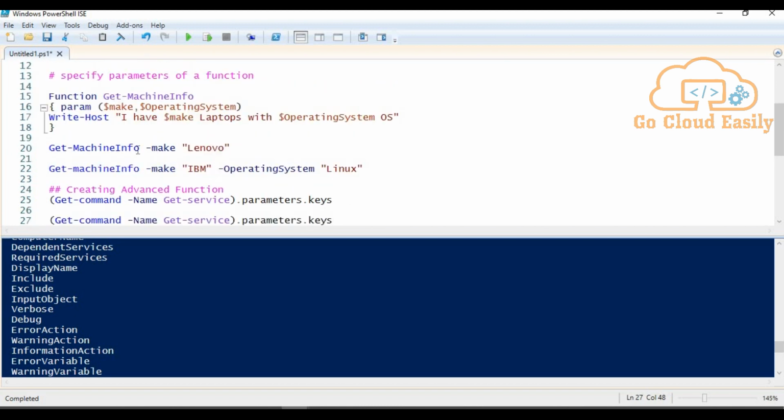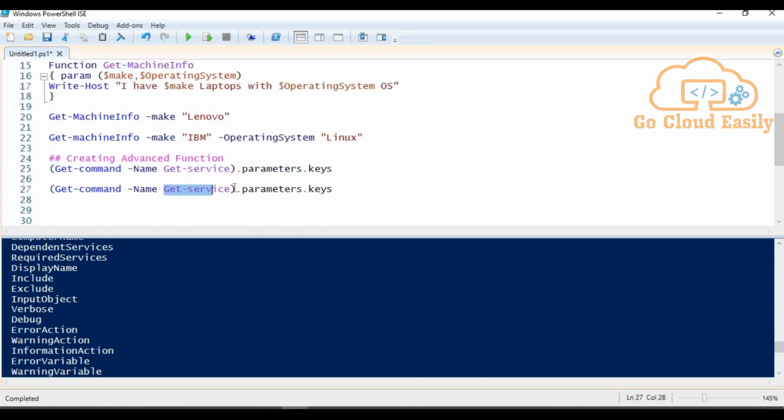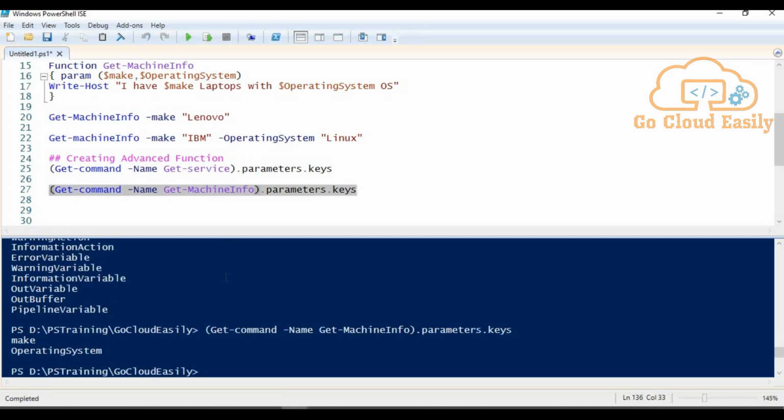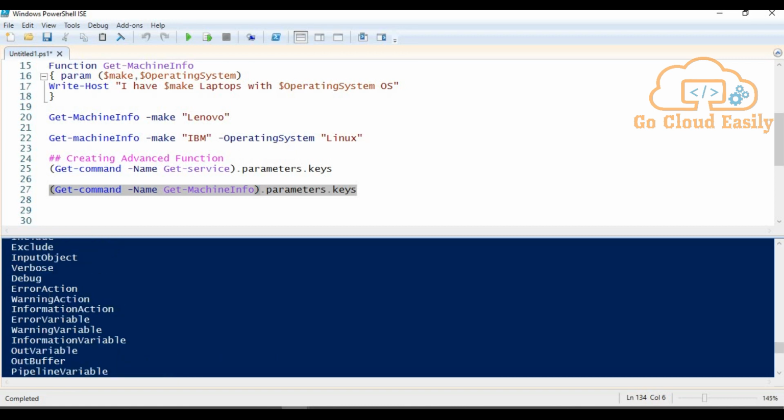If I use the command Get-MachineInfo that we just created and run it, I can see I have only two parameters that we defined in our last demo, Make and OperatingSystem. But we don't have any extra or generic or common parameters like Verbose, Debug, ErrorAction, and all these things.